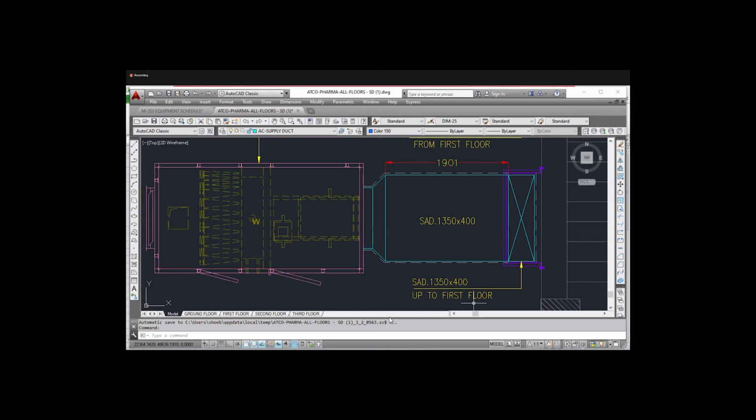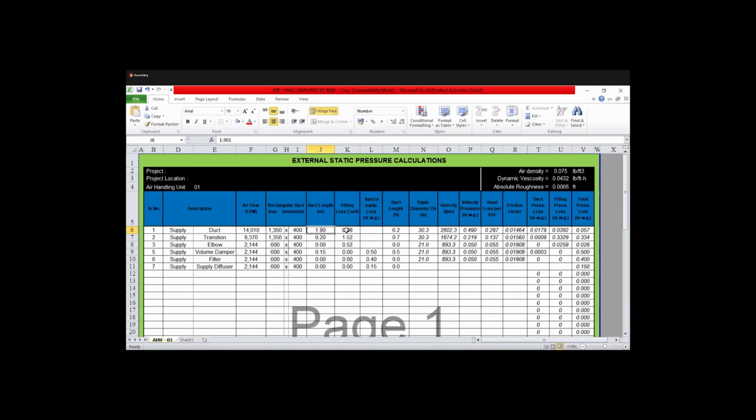Then we have to mention the fitting. For standard, we are considering for the straight duct 0.08. This is standard as the thumb rule. So for straight duct we can go with 0.08. Okay, so here we will get our total. If we calculate in velocity reduction method, then pressure loss in WG. I am doing the head loss method now. So first we will see the head loss method. There are different methods, so we will go step by step.